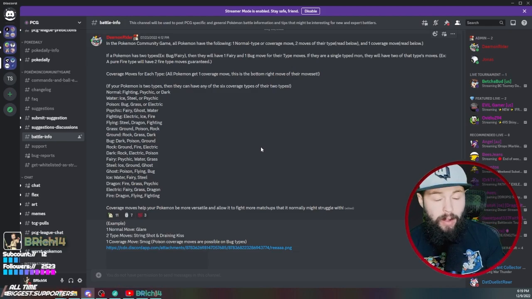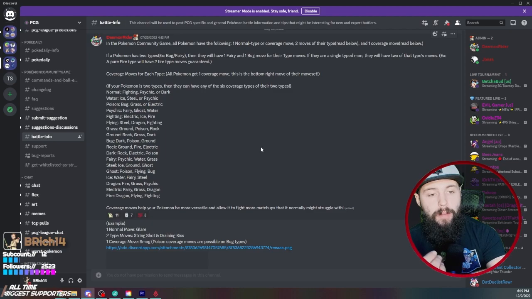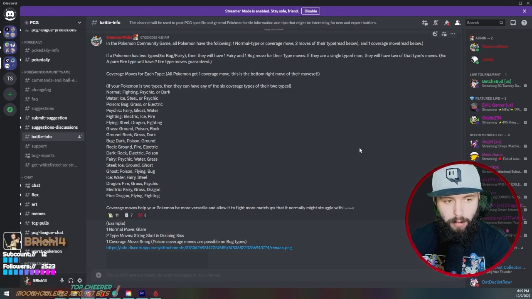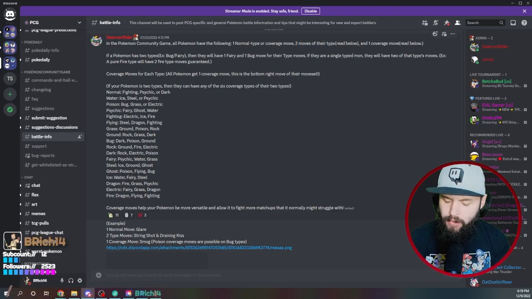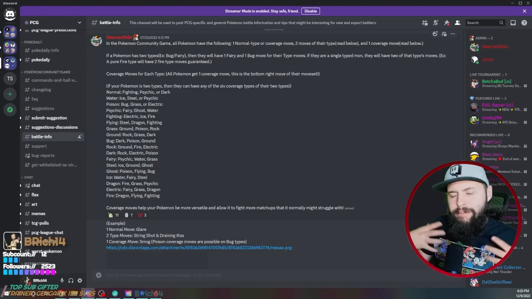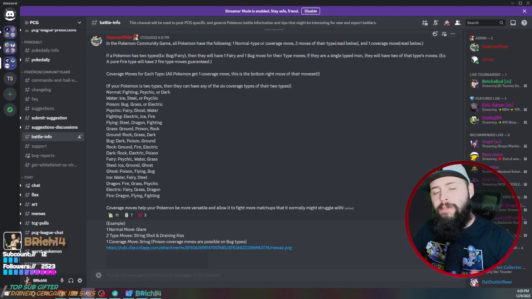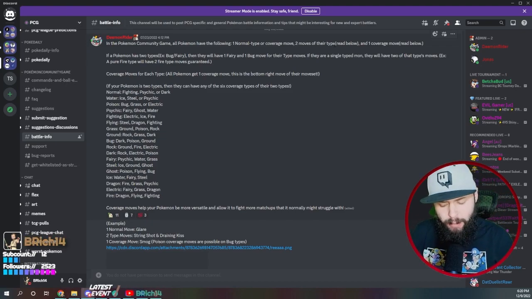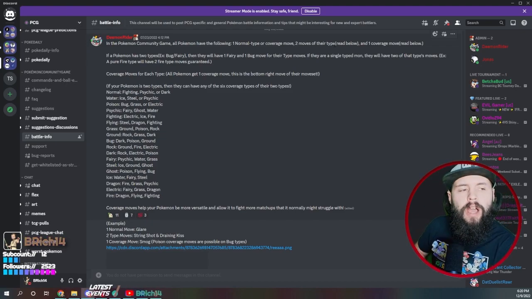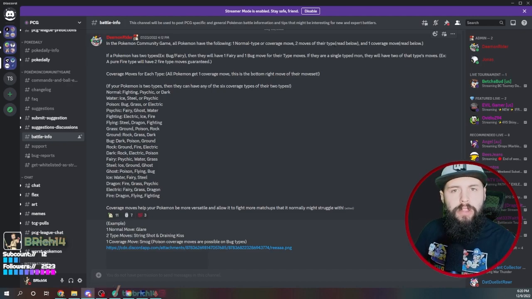When you get a Pokemon, it'll come with 4 moves already. It'll have this spread of moves. It'll come with a normal type or coverage move, depending on the type of your Pokemon. It'll come with 2 STAB moves, STAB being the acronym for same type attack bonus. So if you are a fire type Pokemon, it'll come with 2 fire moves. If you're a bug fairy Pokemon, it'll come with a fairy move and a bug move, and then 1 coverage move after that. So those are the 4 moves that you'll end up having in terms of style of moves.